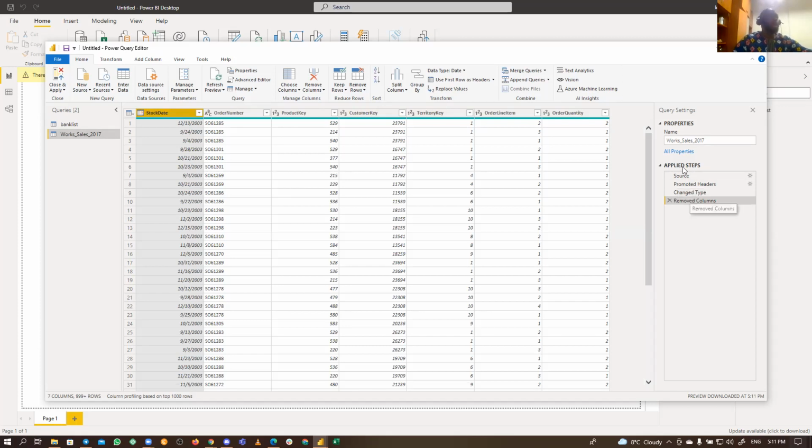So the way Power BI works is for every step you take, for every action you take on this data table, it is recorded here. And it's interesting, and at the same time it has a disadvantage because, for instance, if you've done about 20 steps, anytime you load that data, all of those steps that you have performed will still be recorded, and this will affect the efficiency of your machine. It becomes slower because it has to do a lot of actions.